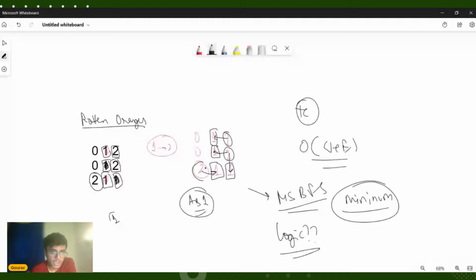Let's say you start a BFS from a single 2. That 2 will only rot its neighboring orange in the first second, but it makes sense that we can actually utilize the first second to have all the rotten oranges rot their neighbors.